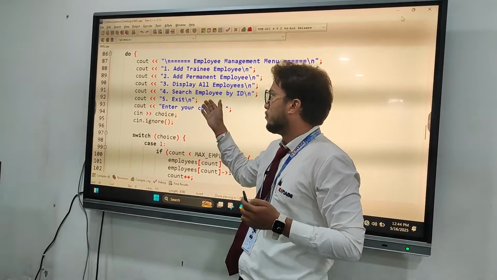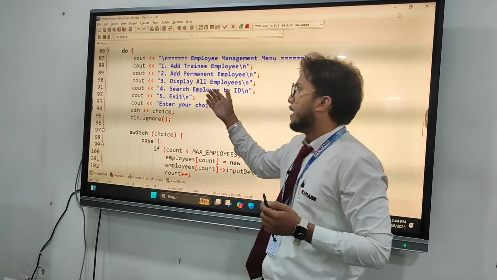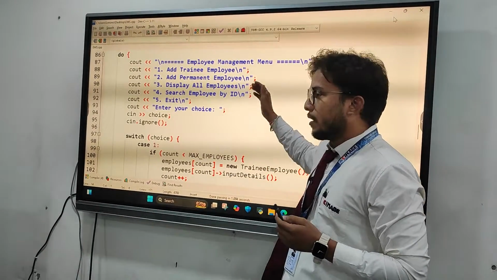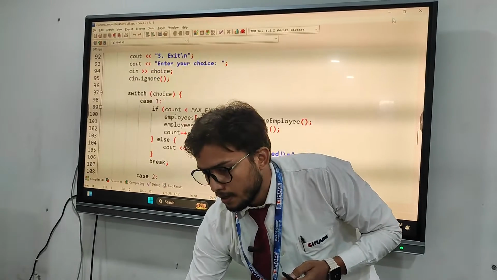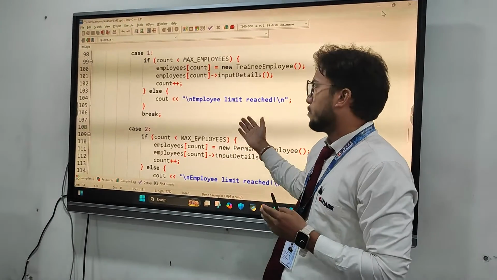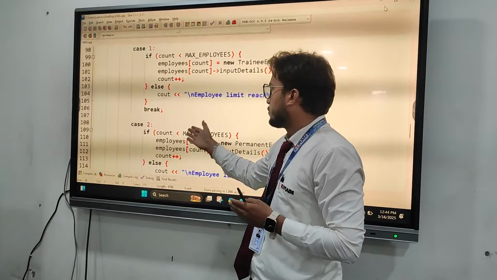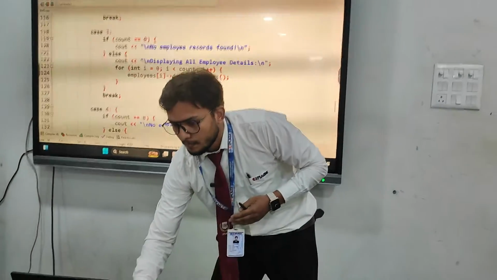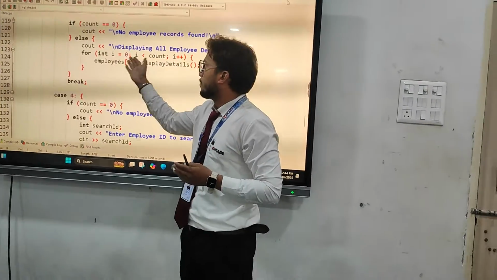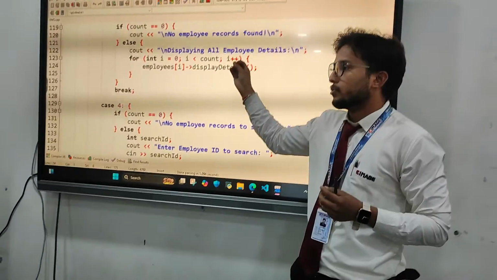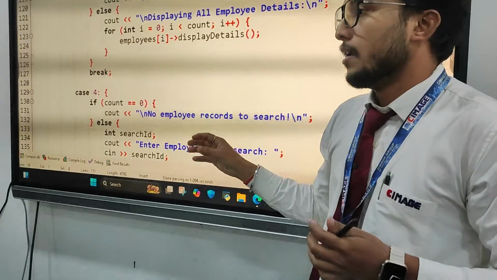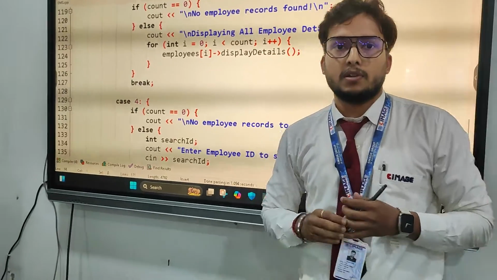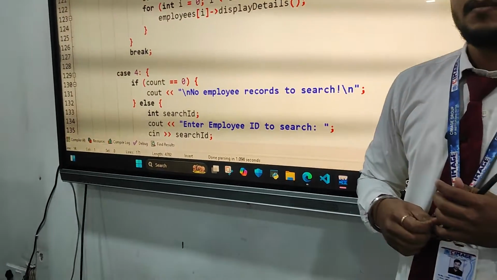For example, if you want to search for an employee by name, you implement a new case here, with a new prompt like search by name. Then we implement it using a string. It is going to search by string, and we are also going to use an array in our program. So this is going to work. I think this is solving your query.